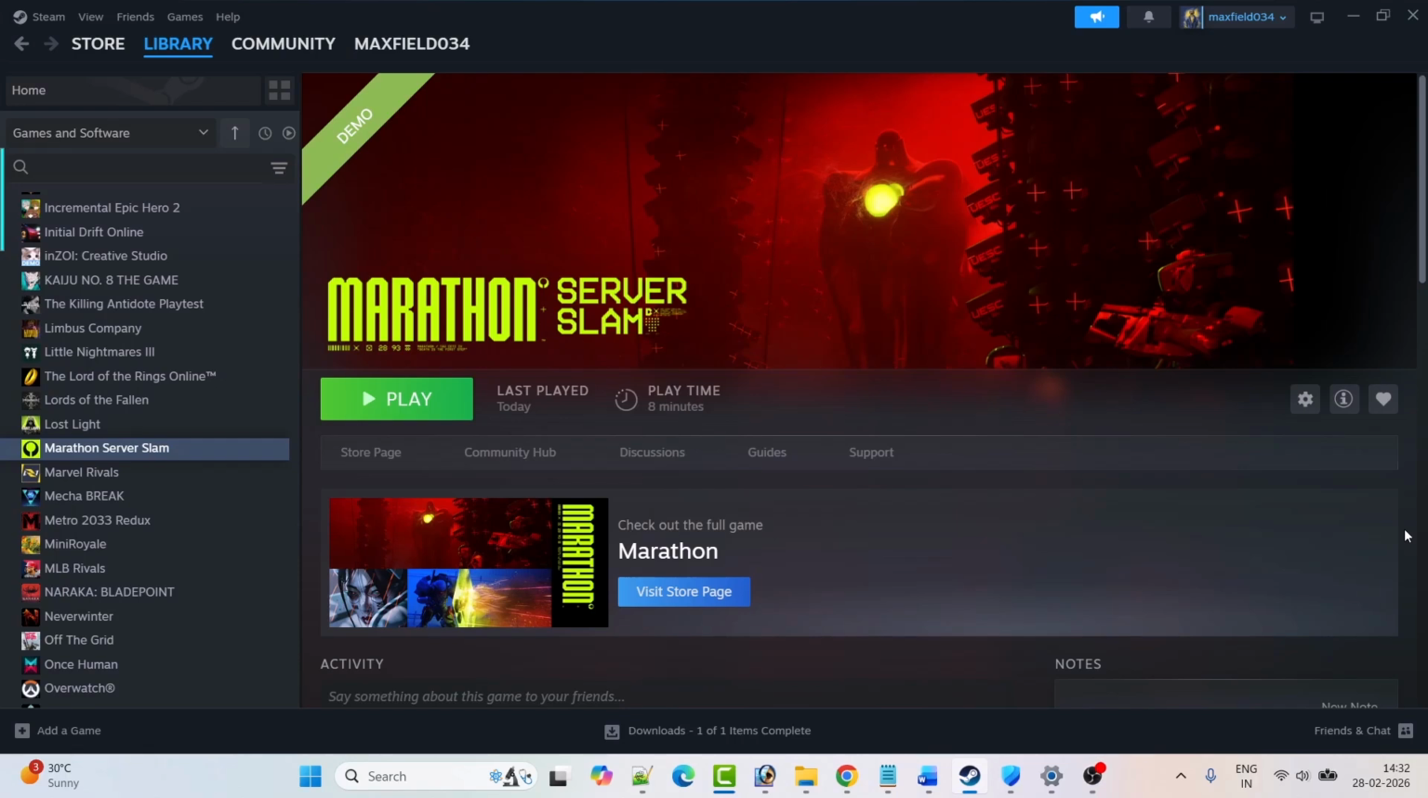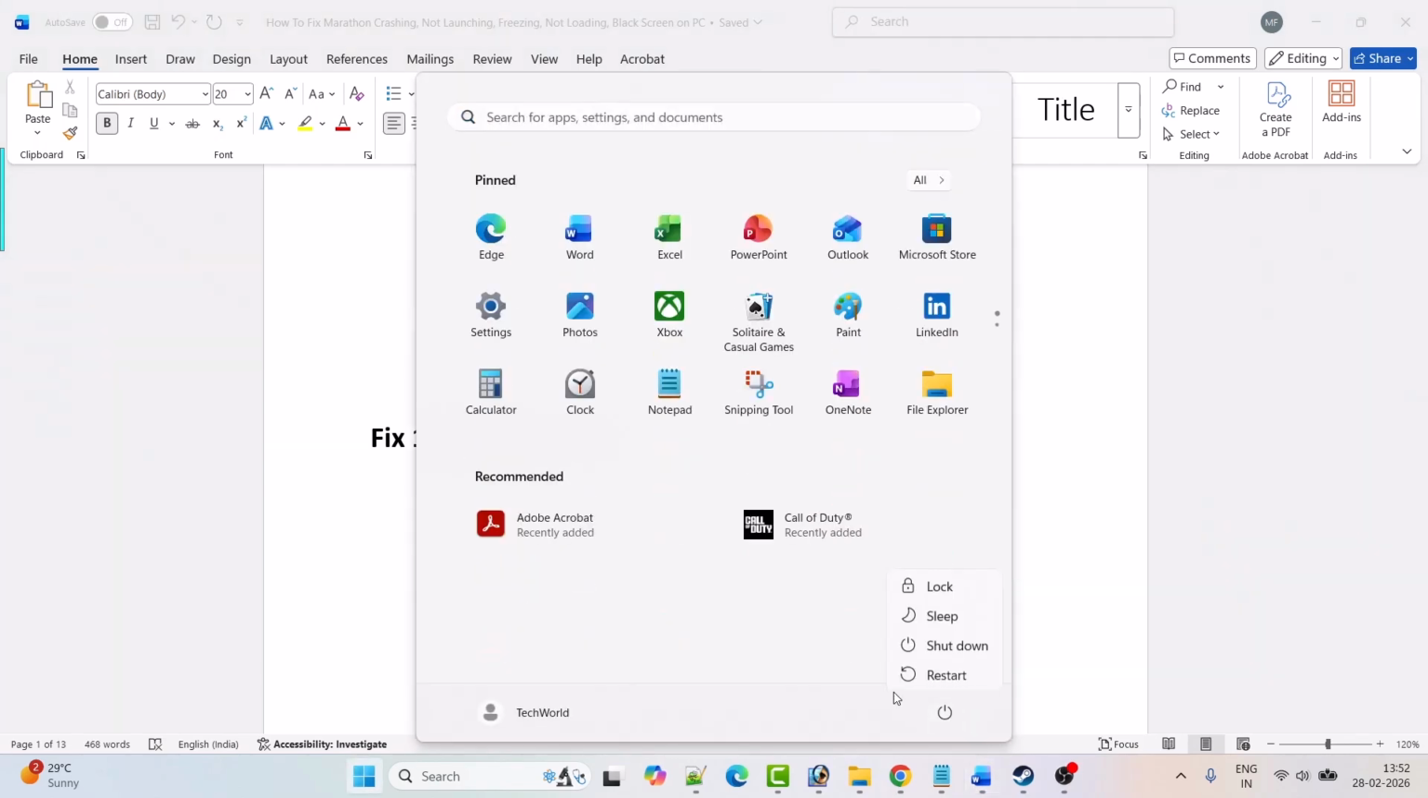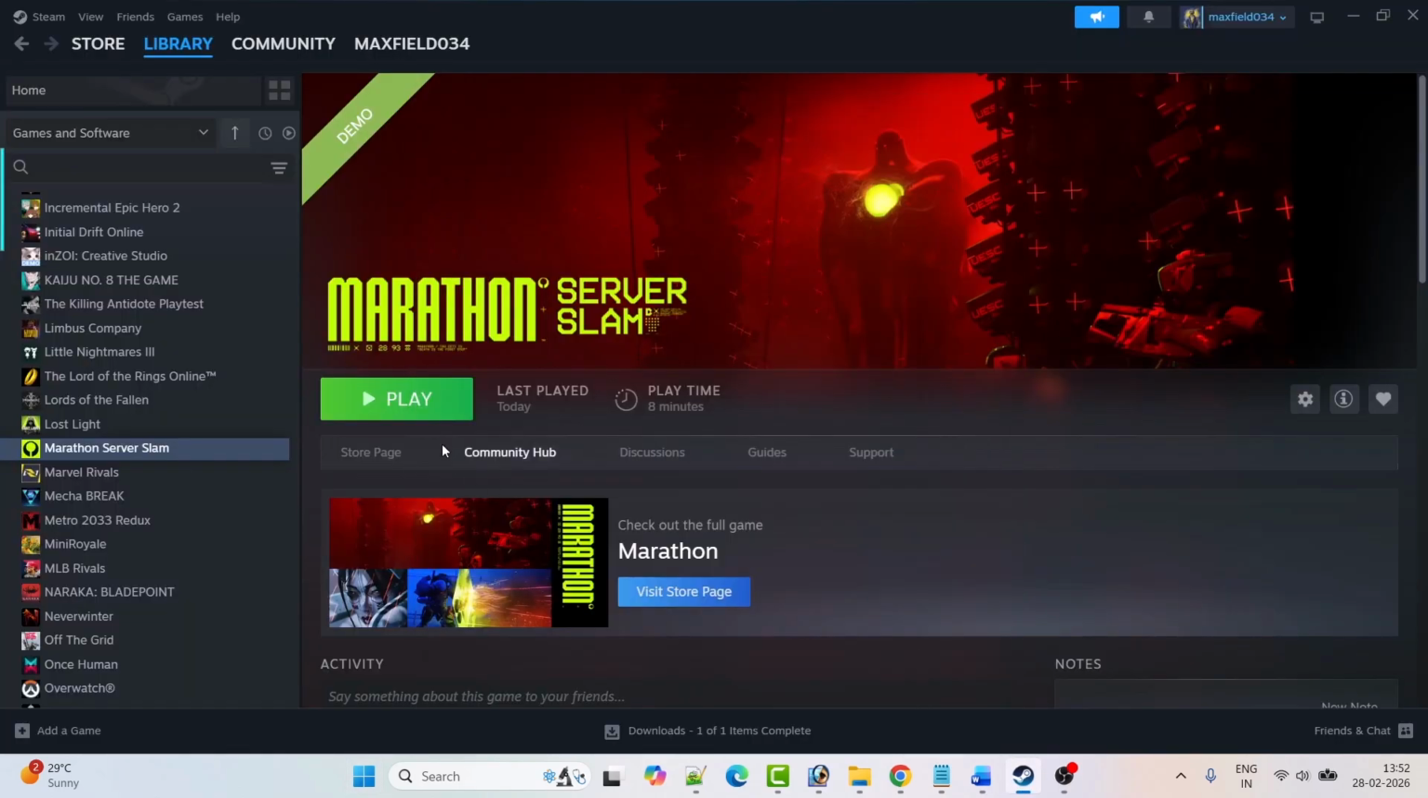In this video tutorial, you will learn how to fix the Marathon game not loading or stuck on loading screen problem, or stuck on infinite loading screen issue on PC. So here follow the fixes. Now the first fix is to simply restart your PC. So just restart your PC and then you can go ahead, launch the game and check if your problem is